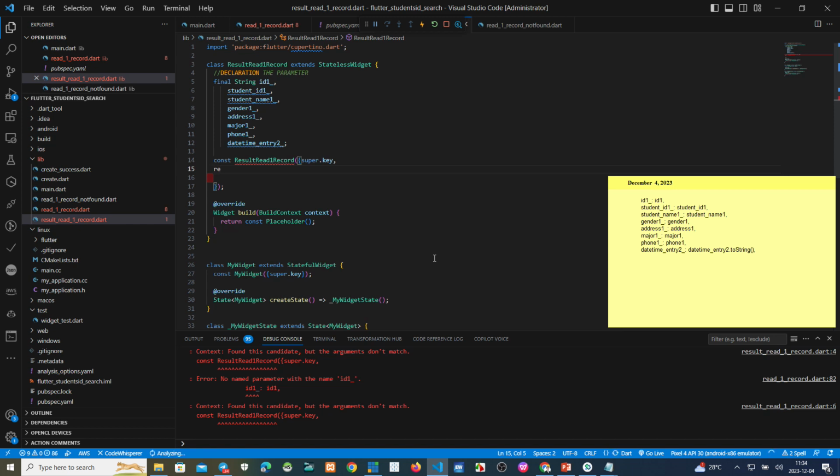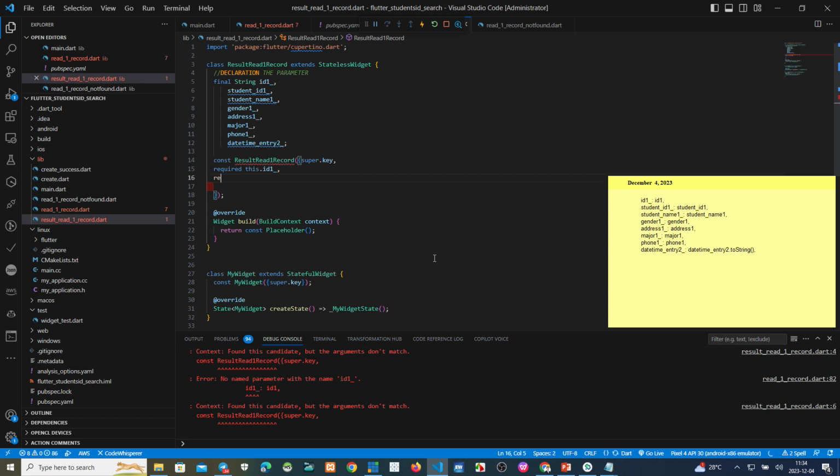Require this dot ID 1, like this, comma, require this dot after ID 1, student ID 1, where is it, this one.